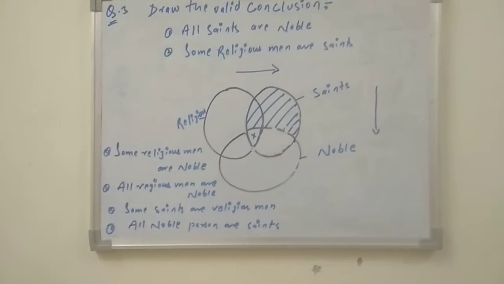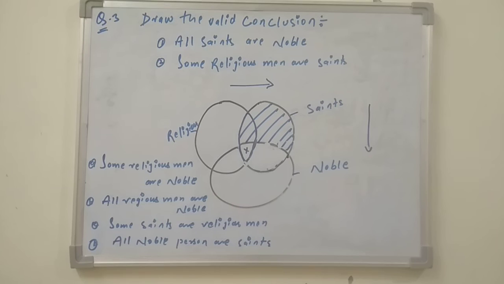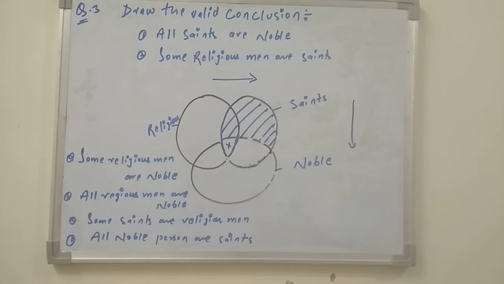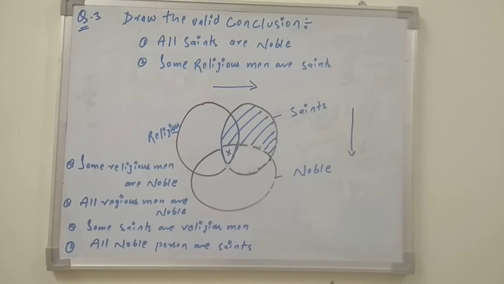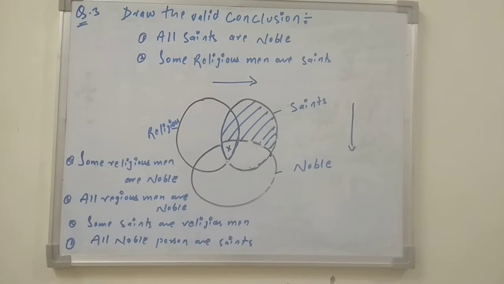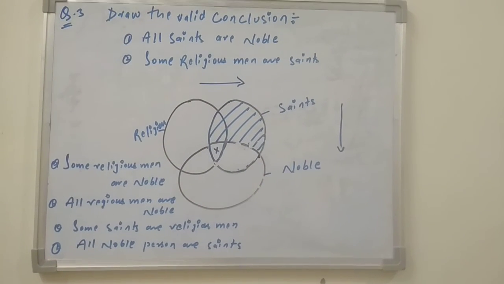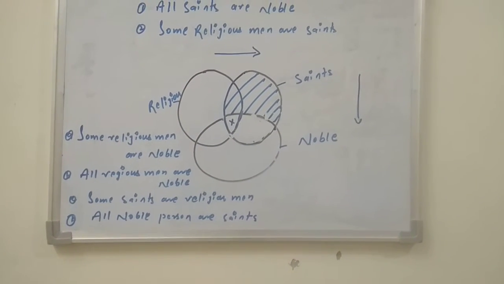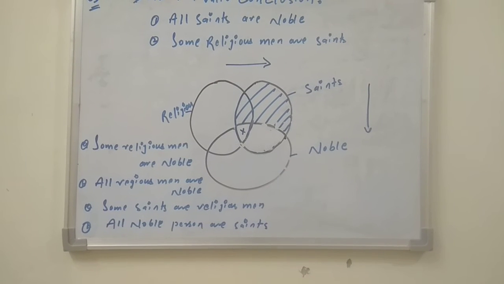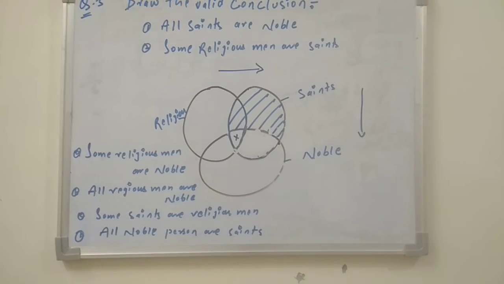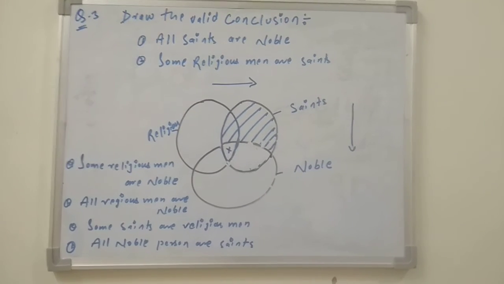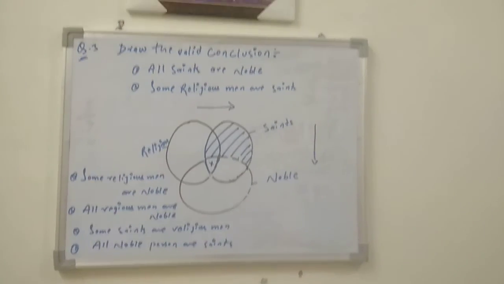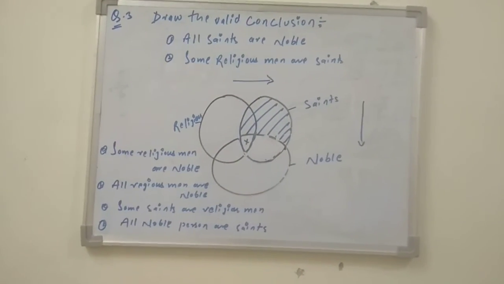So I mean to say that whenever you are attempting any questions related to the square of oppositions, do follow the process. Whatever the statement is saying, draw the Venn diagram and mark it, whether it is some or some not, whether it is all or no. As per that, then go with the conclusions. Definitely you will find some statements that are purely irrelevant. Surely you can do all the questions related to the square of oppositions by drawing the Venn diagram, which is three overlapping diagrams.